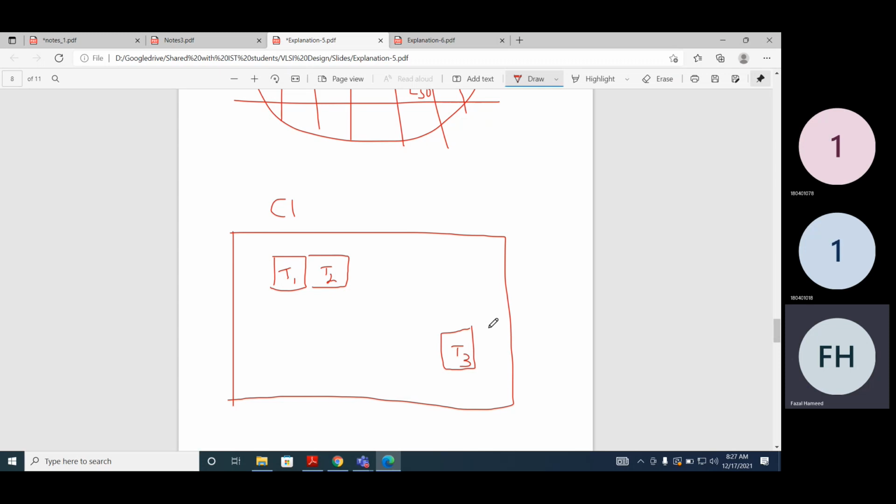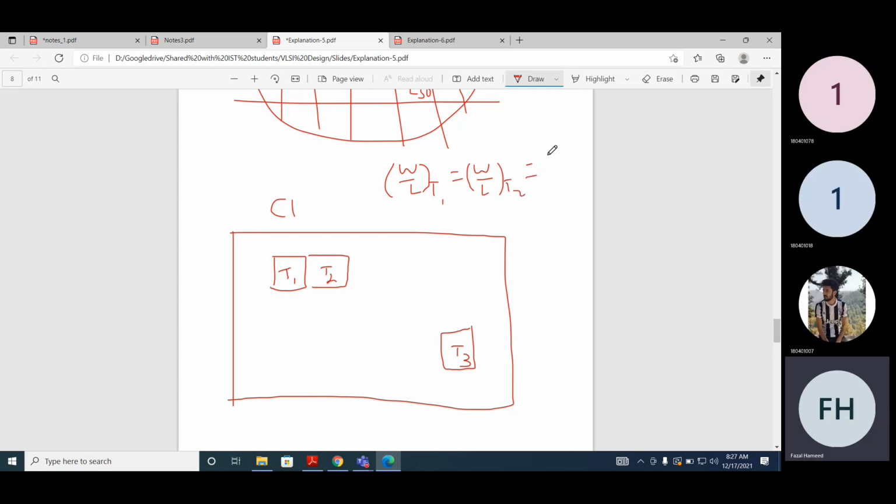Let's assume we want to fabricate all of these transistors, and the width and the length of all of them are the same. It means that W by L of T1 is equal to W by L of T2 is equal to W by L of T3. They are also of the same type; let's assume all of them are NMOS.